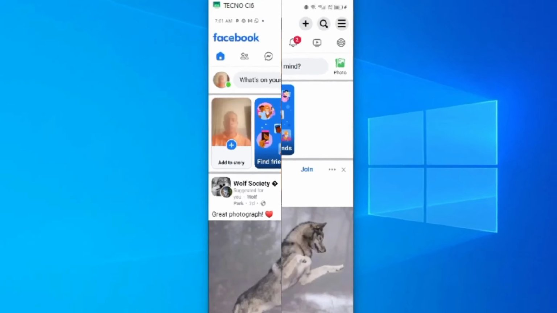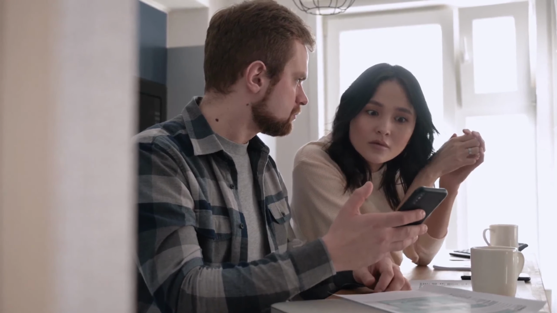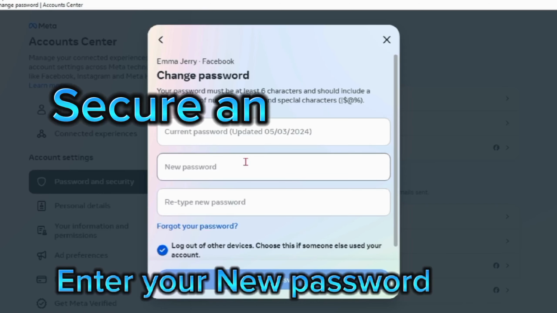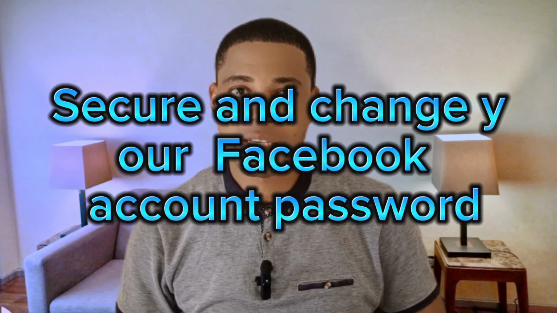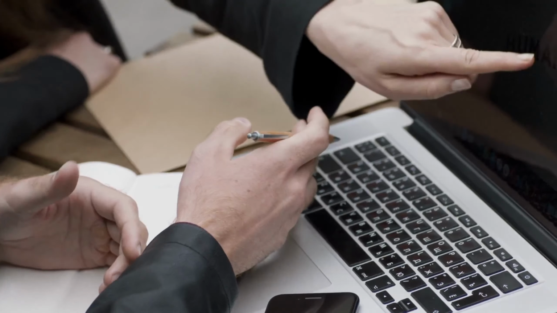If your Facebook account is no longer secured, or someone is using your Facebook account without your permission, and you are thinking how you can change your password, don't worry, I got you covered. In this video, I shall walk you through how you can change your password as well as secure it step by step. Just make sure you stick around till the end of this video and follow my instructions so that you don't